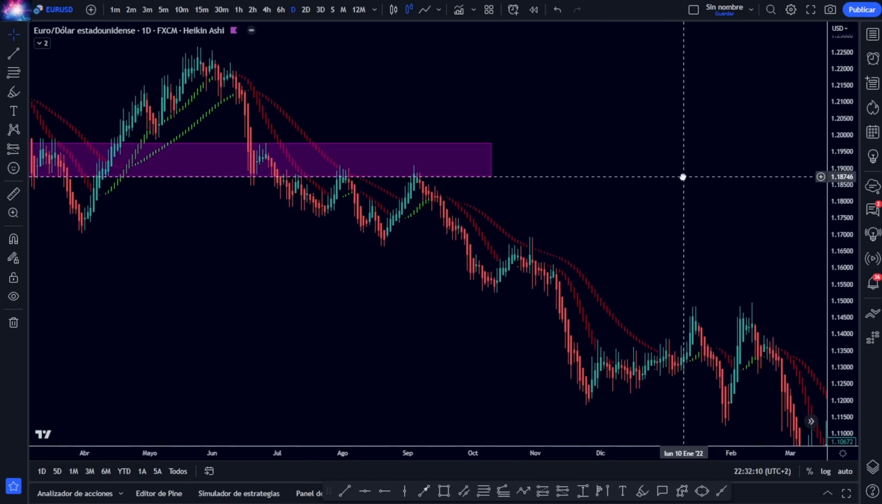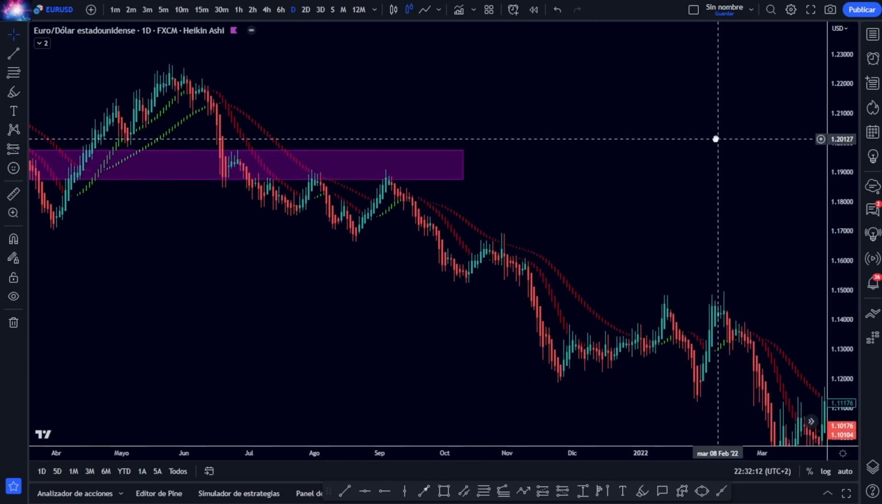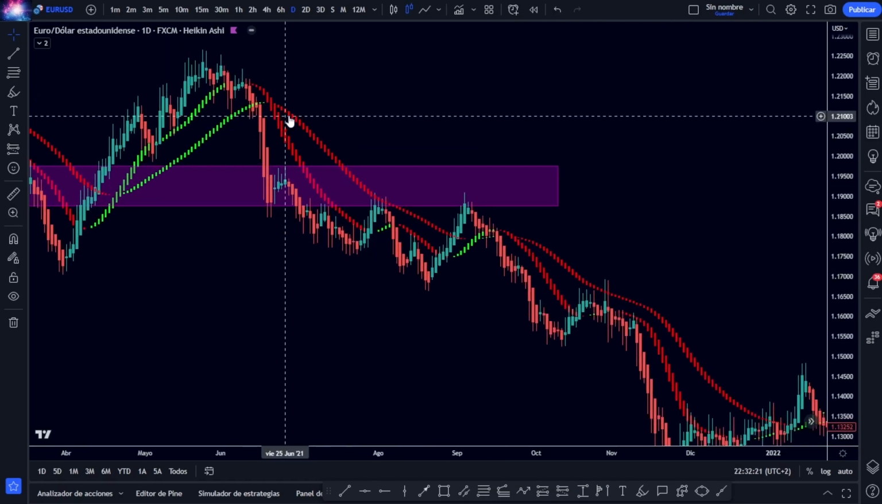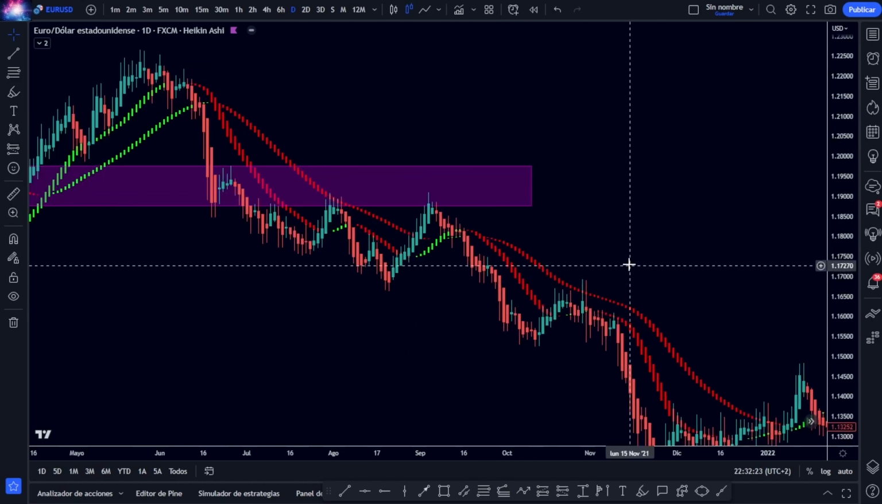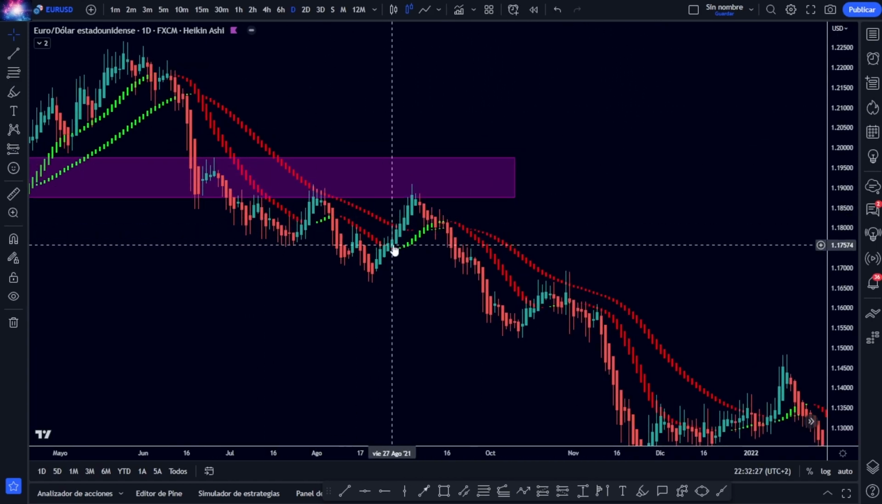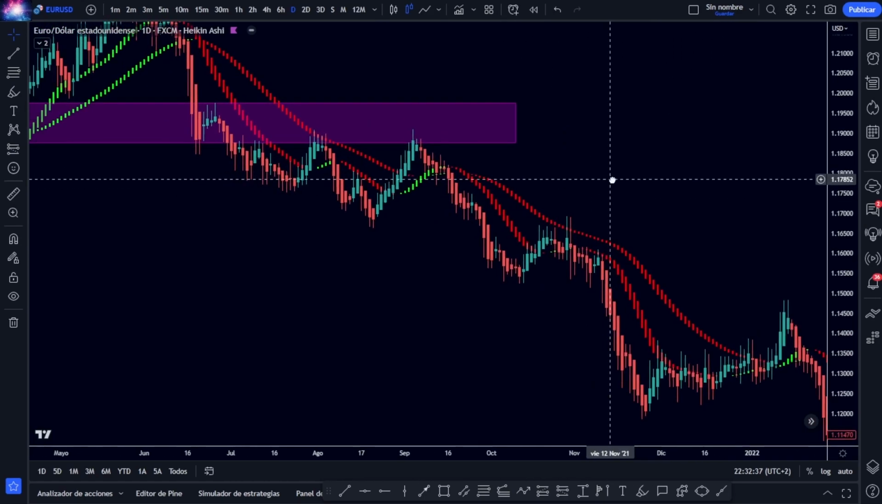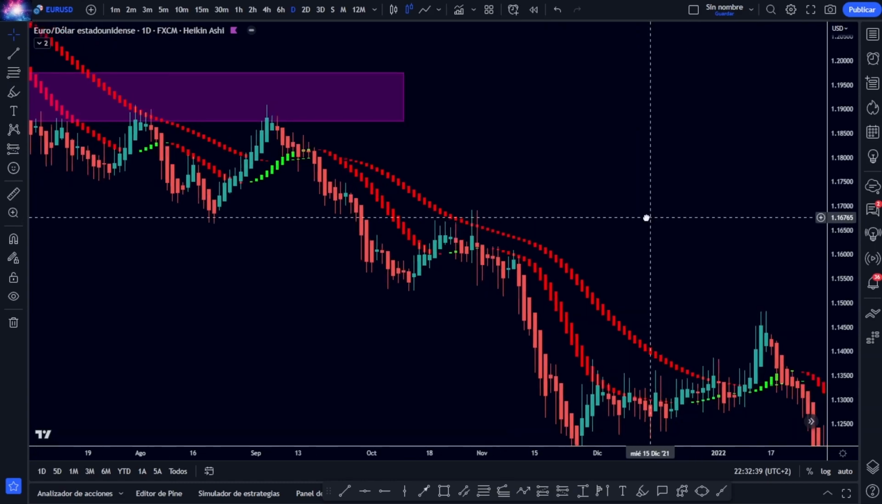Why do we use these two averages with these data? Because this way we will have even more information. That is to say, we have the outer average based on data from higher temporalities and the inner average based on smaller temporalities. That gives us much more information that we can use, for example, in an area like this,